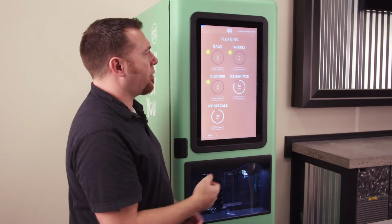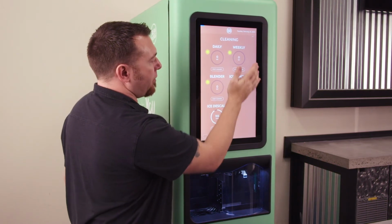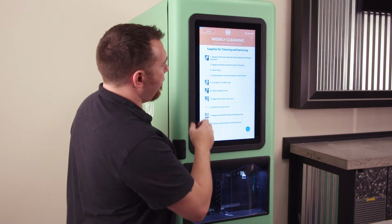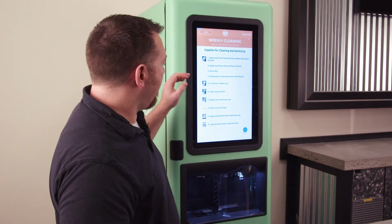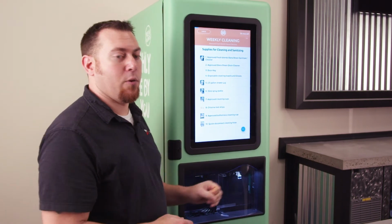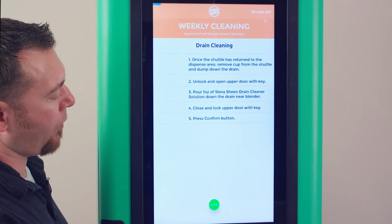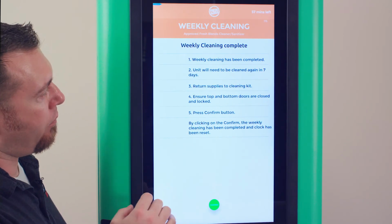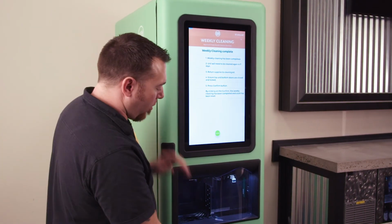In order to start your weekly cleaning, you're going to go ahead and touch on the Start Cleaning button. The screen's going to prompt you. It's going to tell you the supplies to gather. You're going to perform everything the screens tell you to do until completion. Drain cleaning. Once you've progressed through all the cleaning steps, which will clean all the lines in the machine,